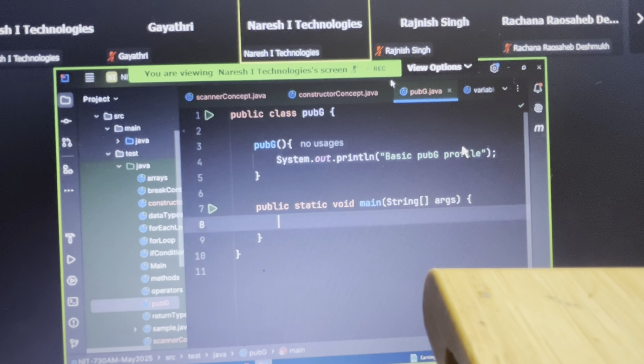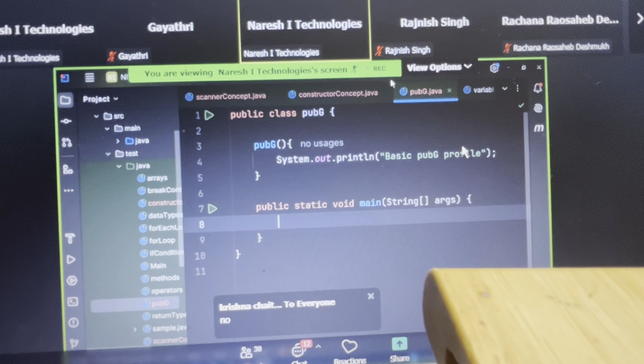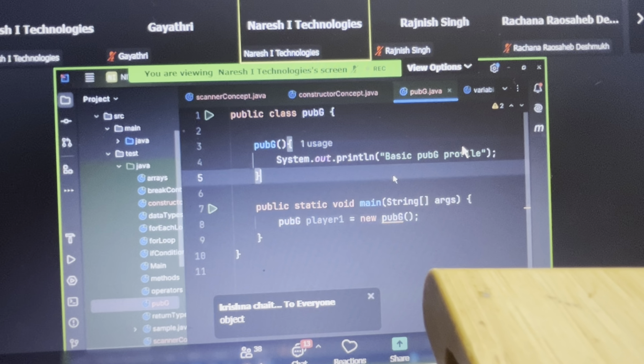This is a basic PUBG profile. So will this be executed? If I execute the program, will this get executed? No. What should happen? Create an object. So PUBG player1 is equal to new PUBG. Done. Automatically